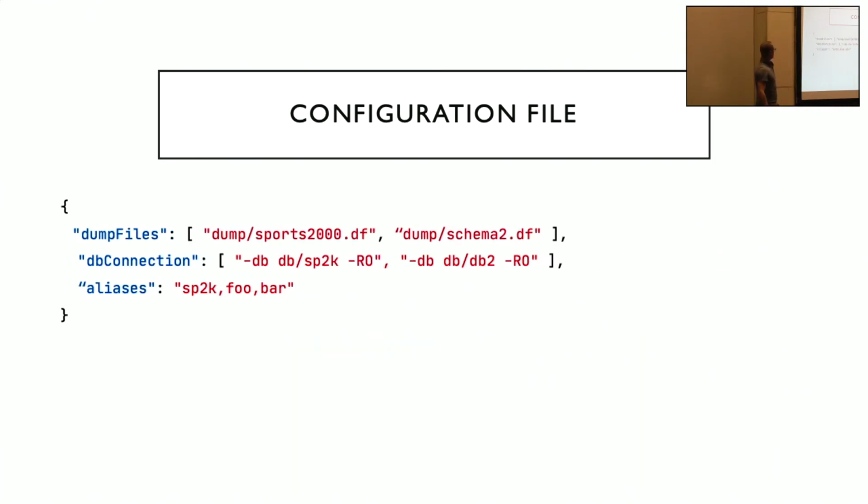Also some additional things in the configuration file: dump files, database connection. I will quickly skip over those steps, but I want to have a compilation as fast as possible. So technically, there are chances that it will work with a read-only connection to local databases. And I definitely want to make sure that the DF files are stored in your code repository. This is the only way you should store your database schema. You store the DF files in your code repository. This has to be versioned. So I want to absolutely enforce this convention.